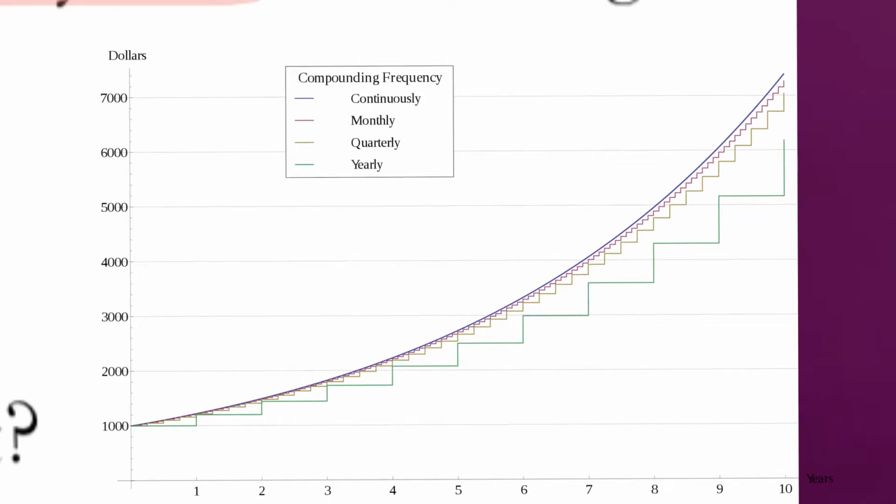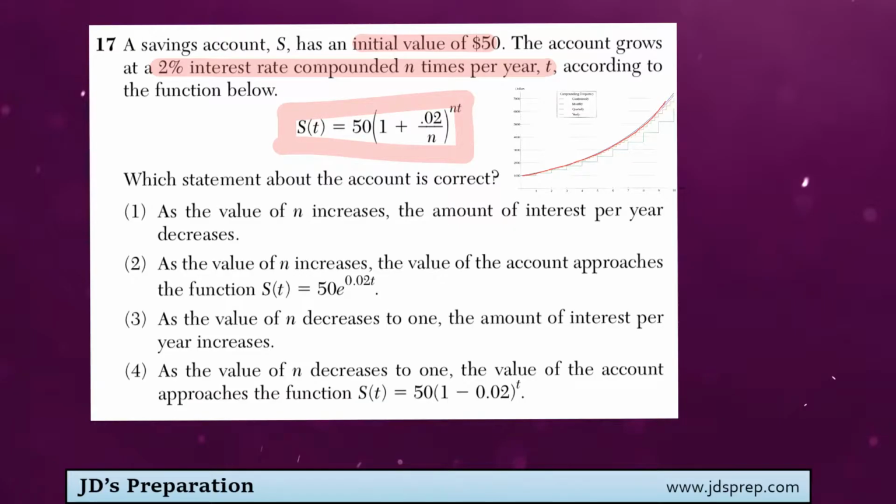So you can see what happens here is when an account is compounded more frequently, it's getting closer and closer to this nice curve, which represents what would be happening if the account was compounded continuously. So the idea with this problem is to identify the fact that as n is being increased, which is the number of times per year the account's being compounded, you are getting closer and closer to continuously compounded interest,